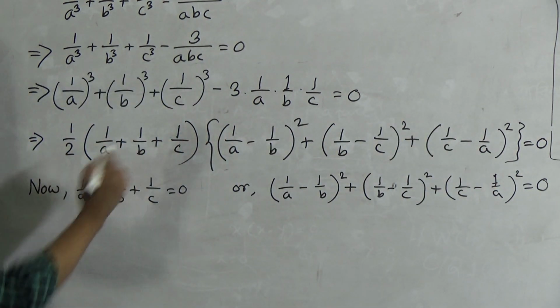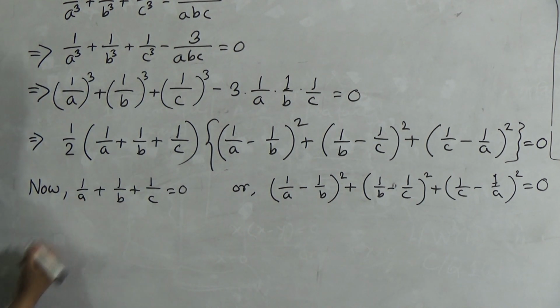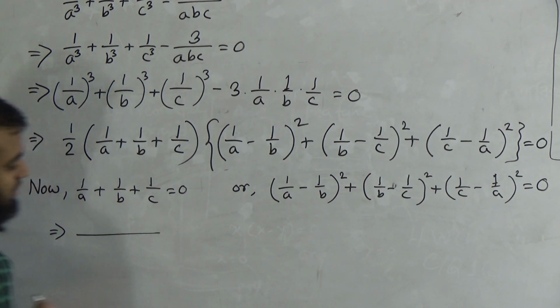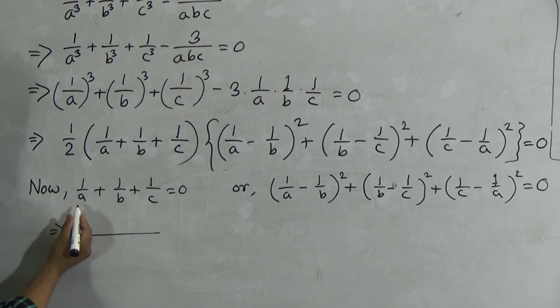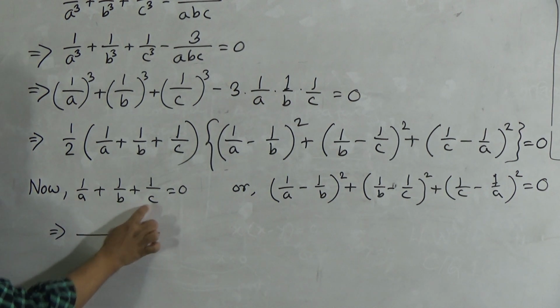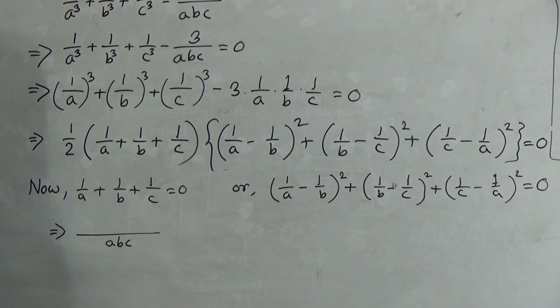From this equation, now in the left side we have 1 by a plus 1 by b plus 1 by c. We add these three. The LCM of this denominator will be abc, the LCM of a, b and c, and we will divide this abc by a,